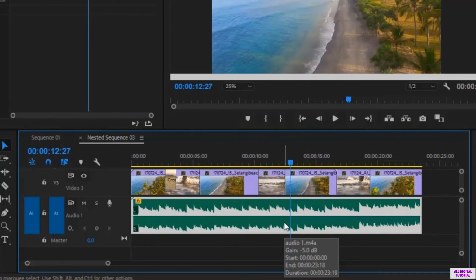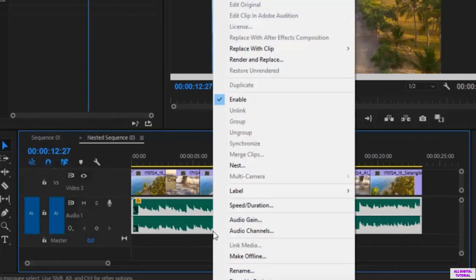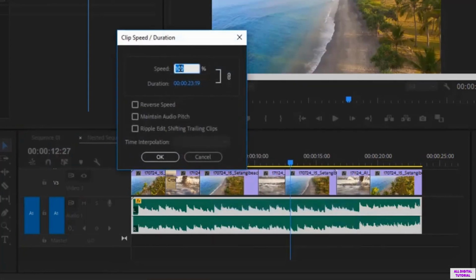And I can go here to change the speed. I go to speed duration. I will make it instead here for